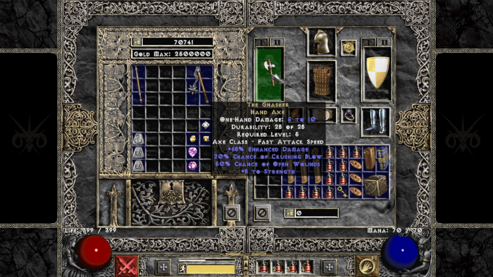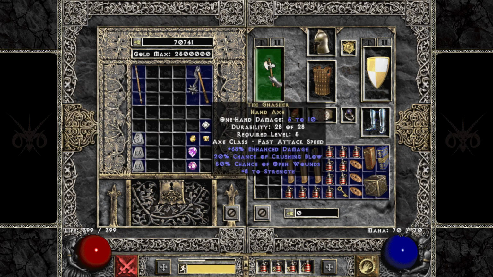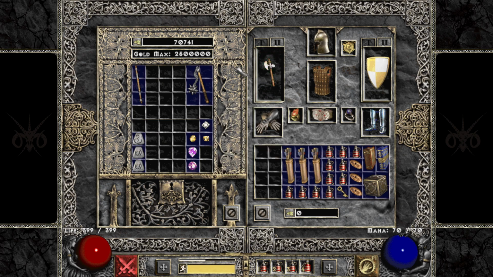Whenever I went back to check, can we get some runes? We didn't get a Tir rune. I was hoping for a Tir because we found an Am. We could have made a Strength out of that for some crushing blow. But guess what we found? The Gnasher, which has crushing blow. Also has open wounds. So, yeah, I'll use it for now. It's slower. We're not really worried about that too much because mostly we're going to be using that on bosses